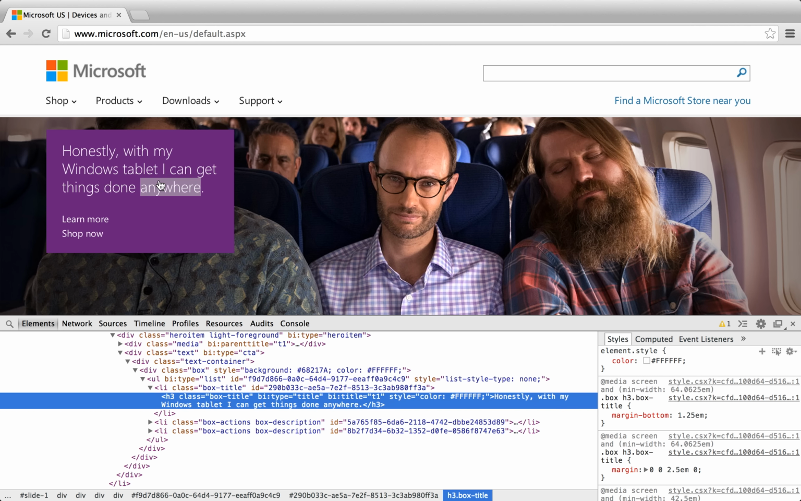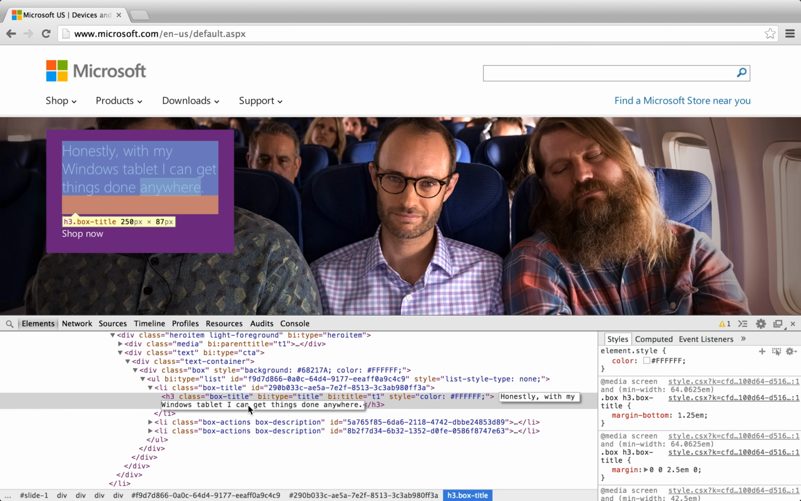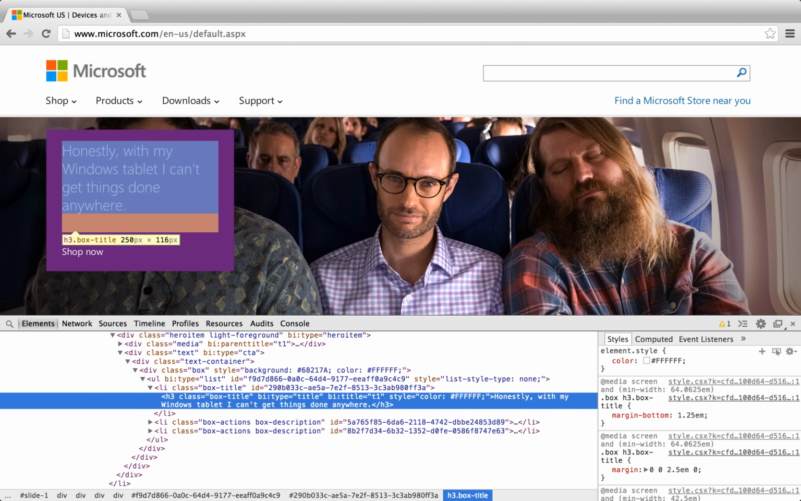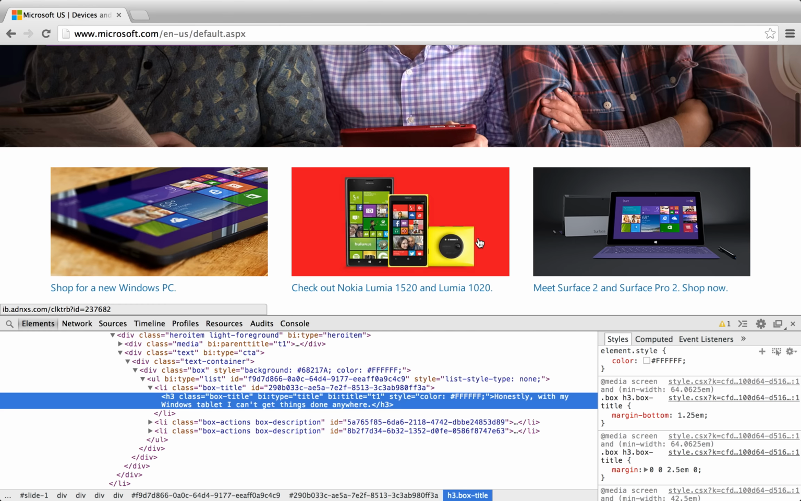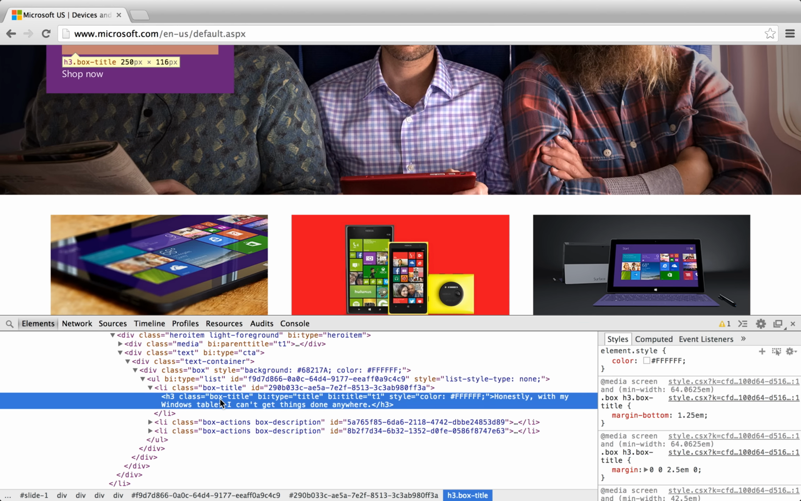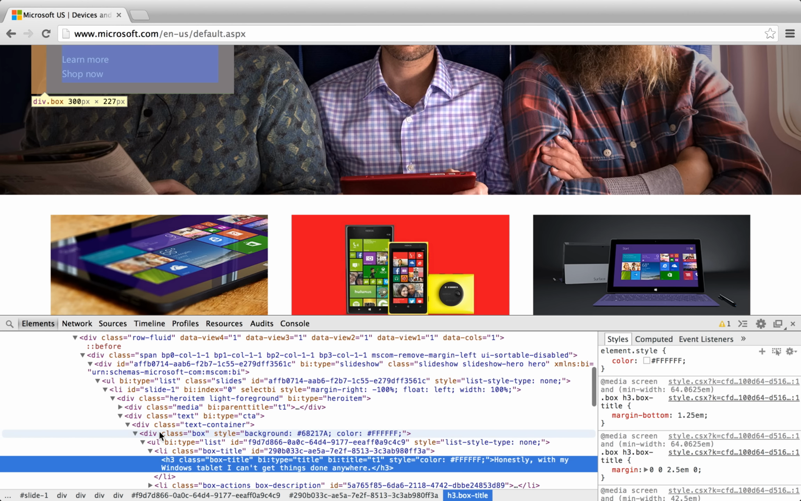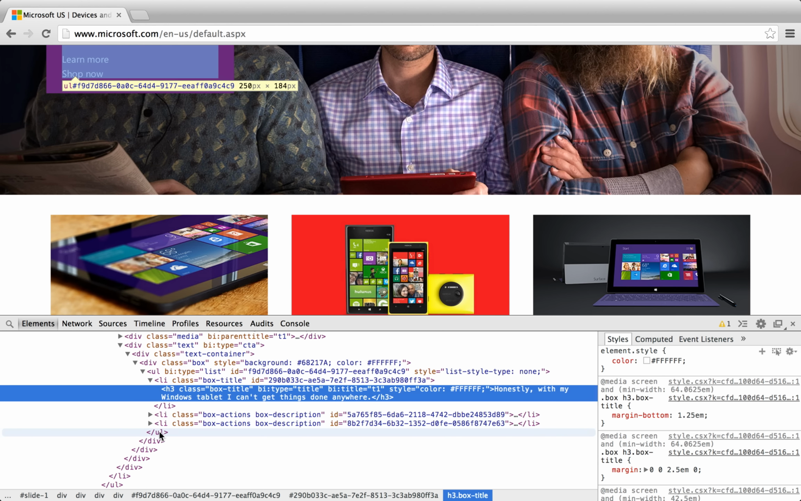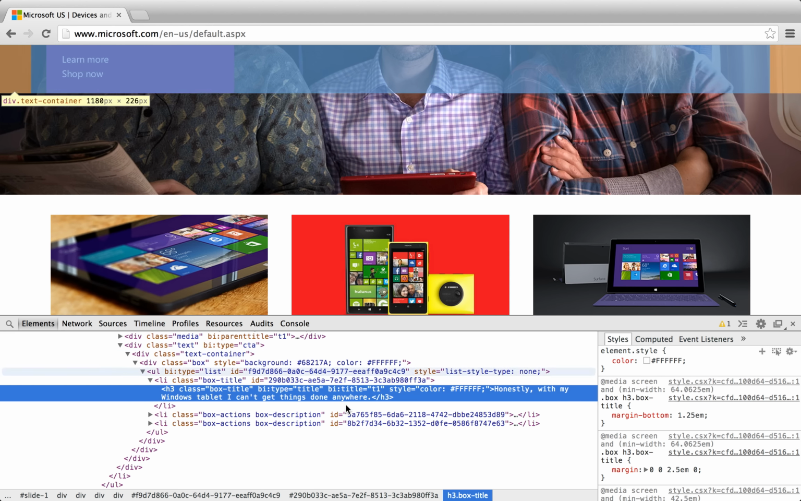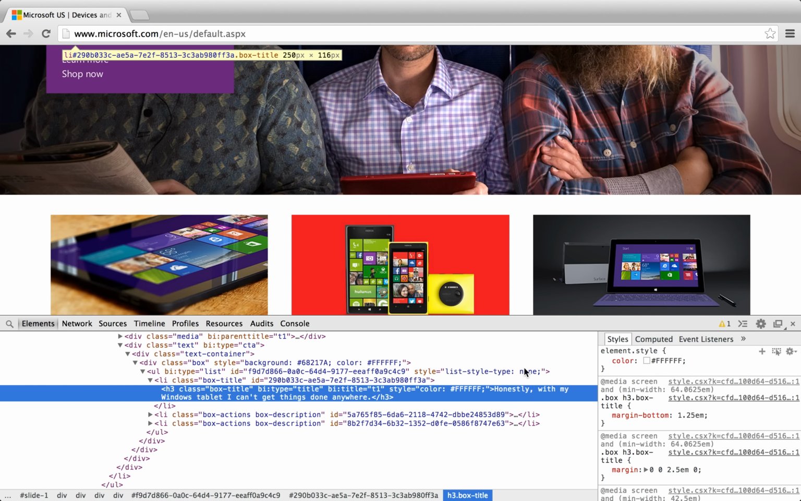Right? So essentially, what you can do is even edit this HTML in the browser. So I'm sort of mischievous, so I'm going to change it to can't. Honestly, with my Windows tab, I can't get things done anywhere. Right? And so it's pretty simple, you can edit little parts of the page even though you don't understand the whole thing. And so that brings me to the point that you have an HTML page, you first have your h3 and then you add the class and the type and whatnot. So it's not as difficult as it first looks,